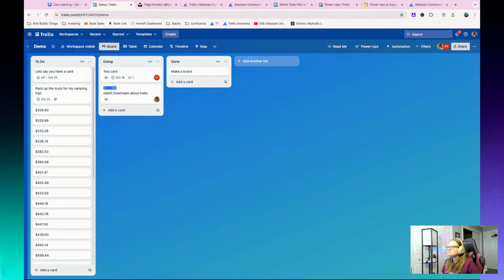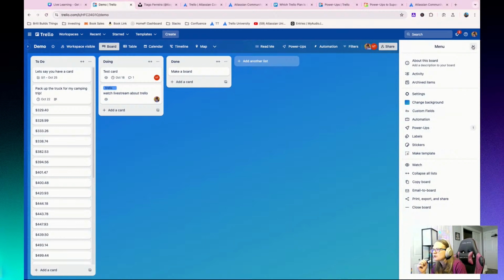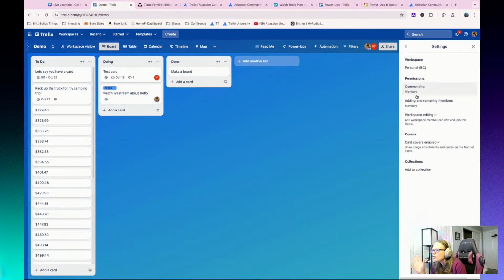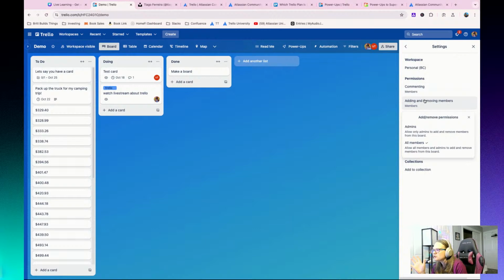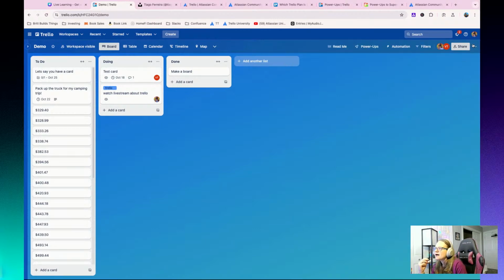If you're part of a board, then you can do pretty much anything anybody else in the board can do. There are some specific admin things that you can do. So if you go and look at some of these settings, there are different permissions that you can specify that only certain people should be able to do, whether it's adding or removing people to boards or things like that. But if you change the background, it's going to change that for everyone.